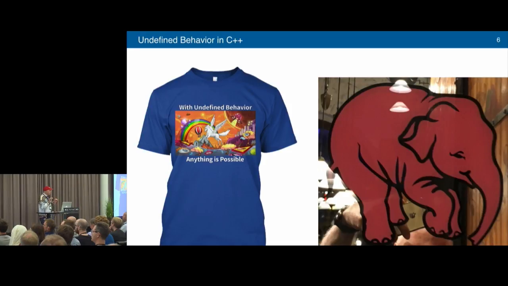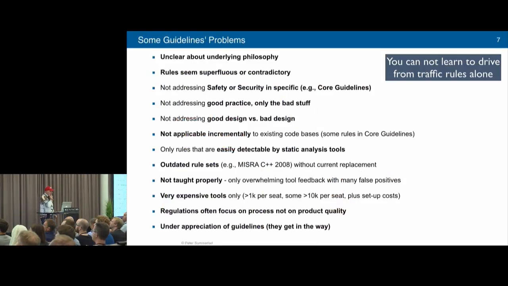You might not even be able to detect that you get into undefined behavior, because the compiler or the processor might do something that looks reasonable, but it's not guaranteed. So watch out. Guidelines try to do a lot of good things, but they also have some bad corners